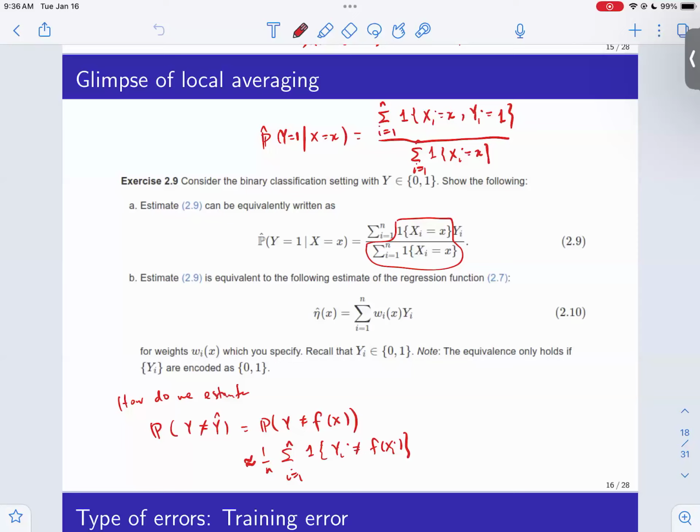So yeah, we were discussing the idea that the estimators that we were looking at can be viewed as approximating this regression function, which is the probability of y equal 1 given x is equal to x. They're approximating this in the form of local averaging. So you have these weights for any new data point x or feature x that comes in. You have this weight that you assign to each of the training data points.